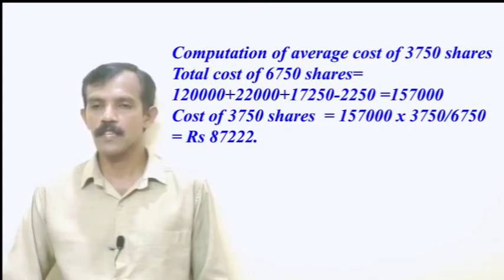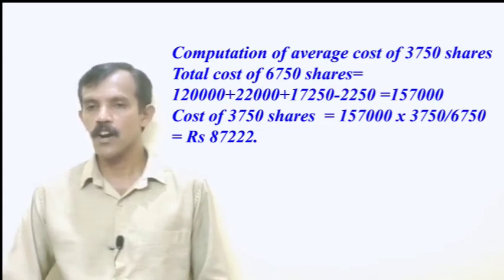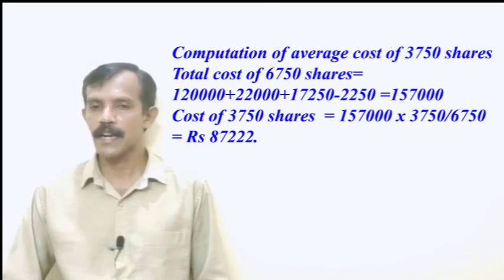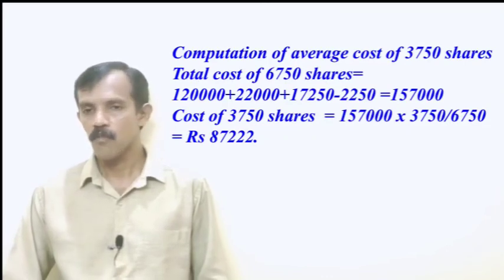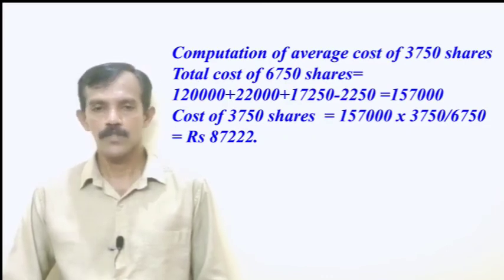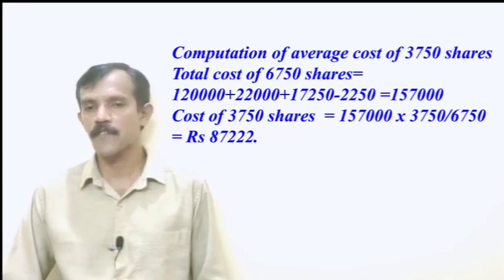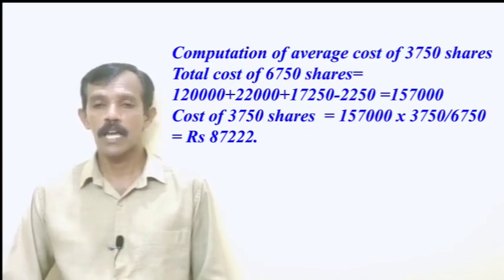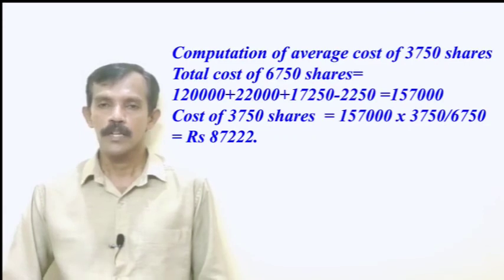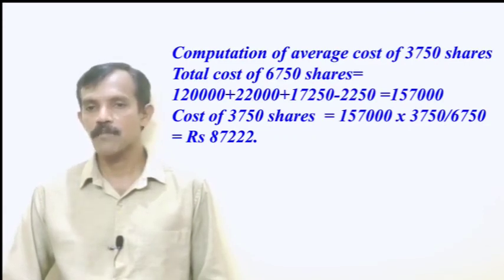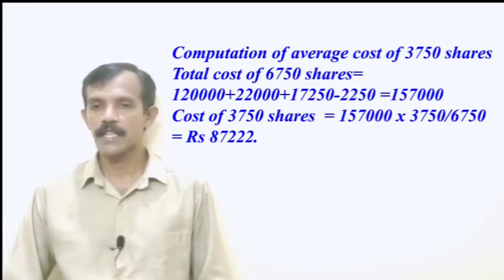From the total of these, we deduct the sale value of 750 right shares 2,250. That comes to 1,57,000. So the cost of 3,750 shares is equal to 1,57,000 into 3,750 divided by 6,750, that is equal to